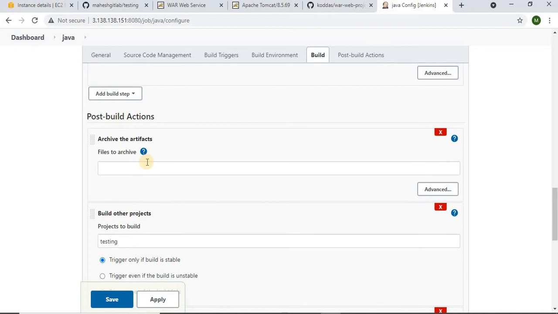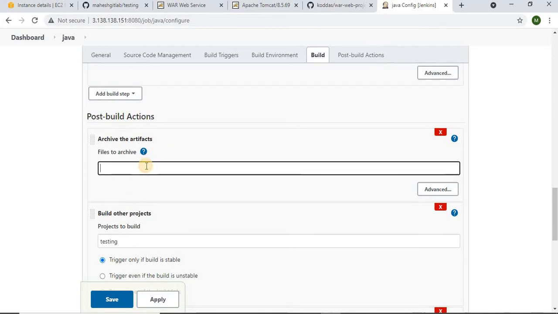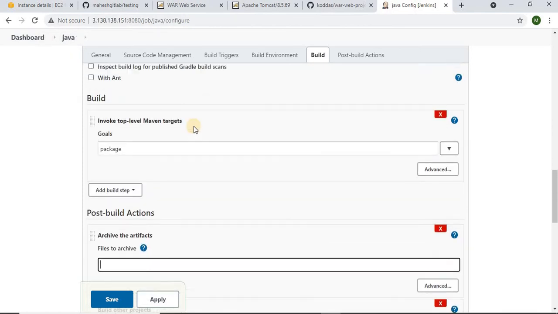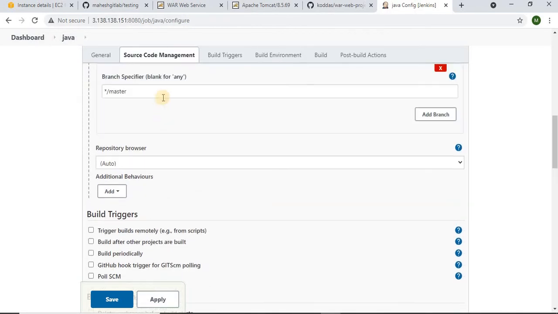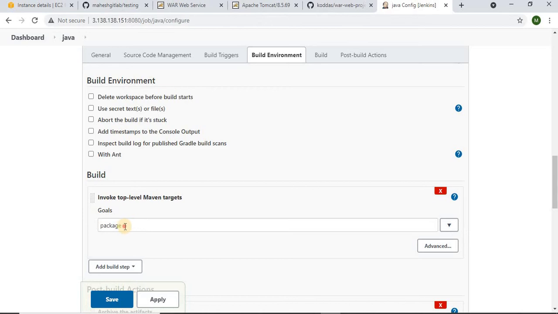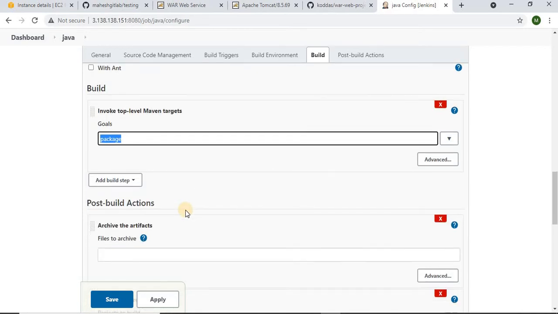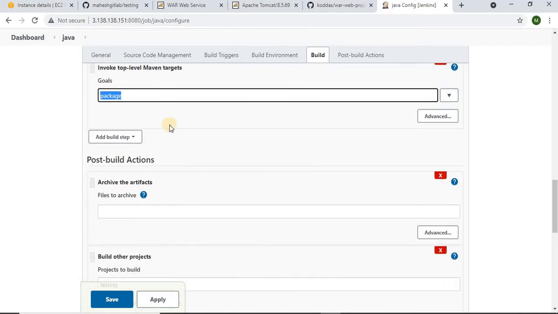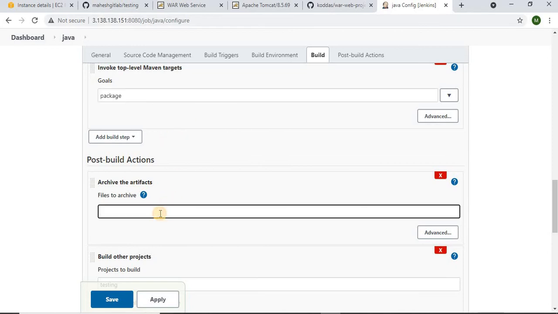In the Java project, we have given git, and with git we have used package, and with this package we have built an artifact. So what we are telling is that whatever artifacts are generated at this stage have to be archived. I'm not giving any particular war file.